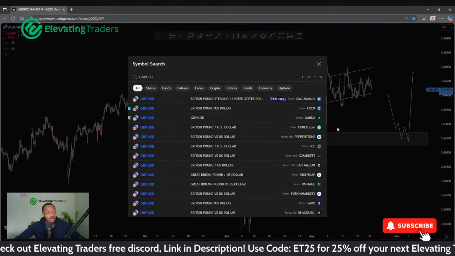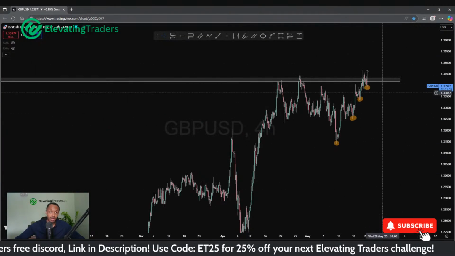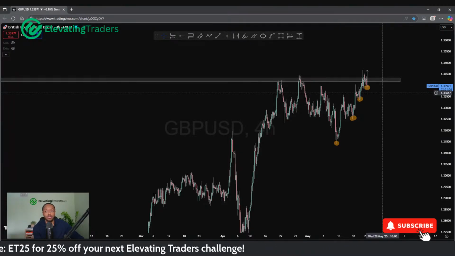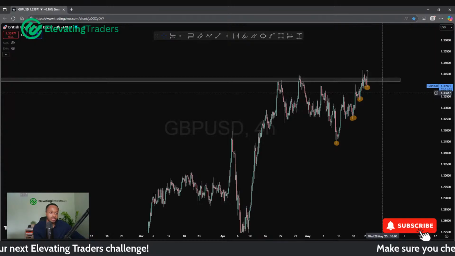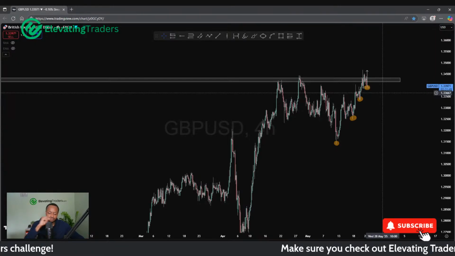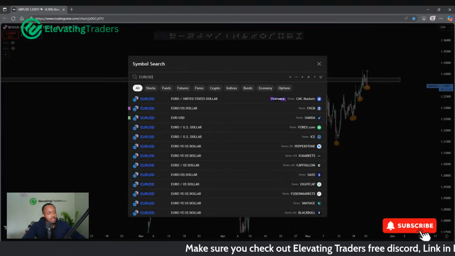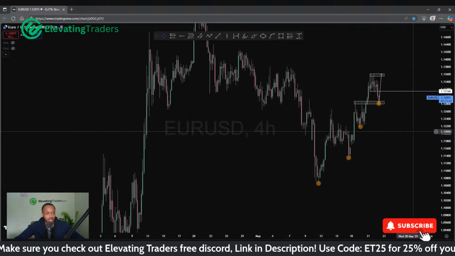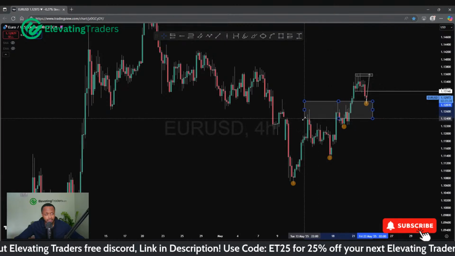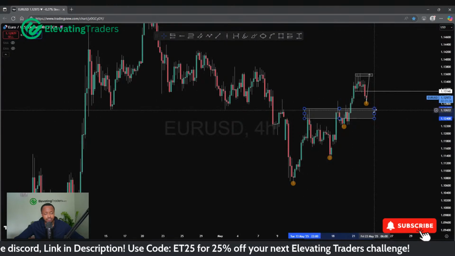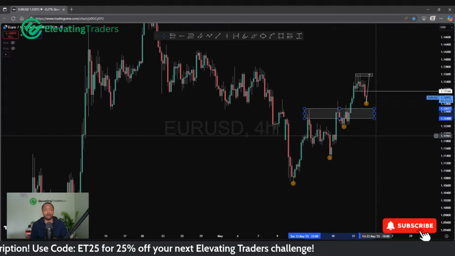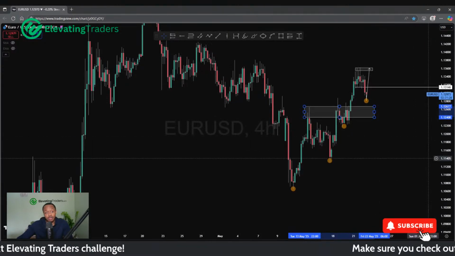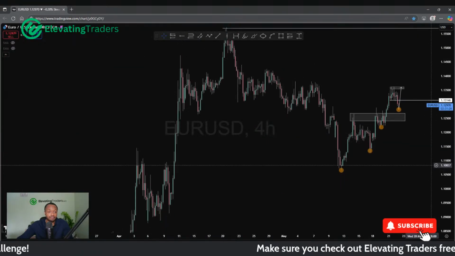Pound, don't really like the price action, to be honest. Higher time frame, yes, I can get a good read of that. I'm pretty bullish on it, but I don't have an opportunity to buy it if we're just going to struggle at resistance. Euro USD as well. I do expect more upside, but I feel like this is more of a setup for a lower time frame trade, like hourly, 50-minute chart. I feel like you can find some nice opportunities there. But anything else, I would stay away really from Euro.